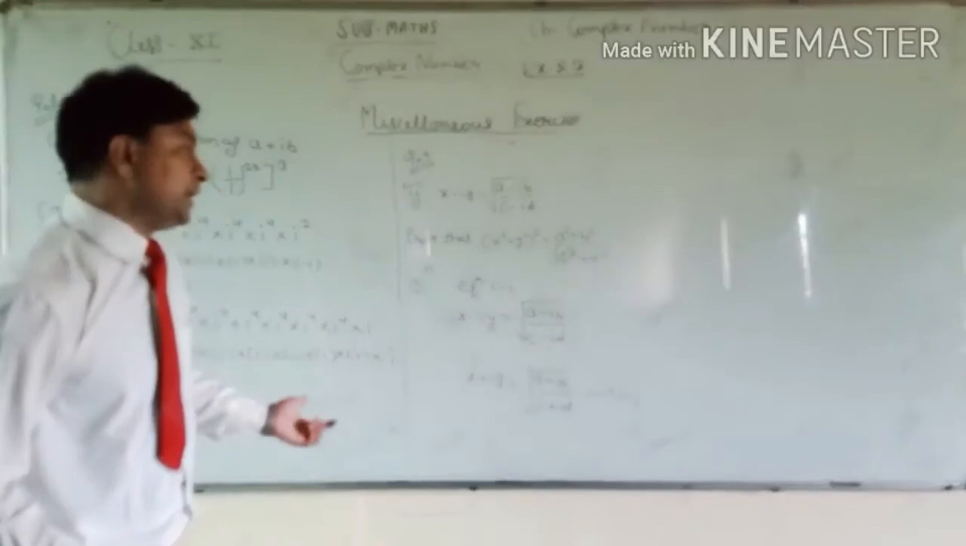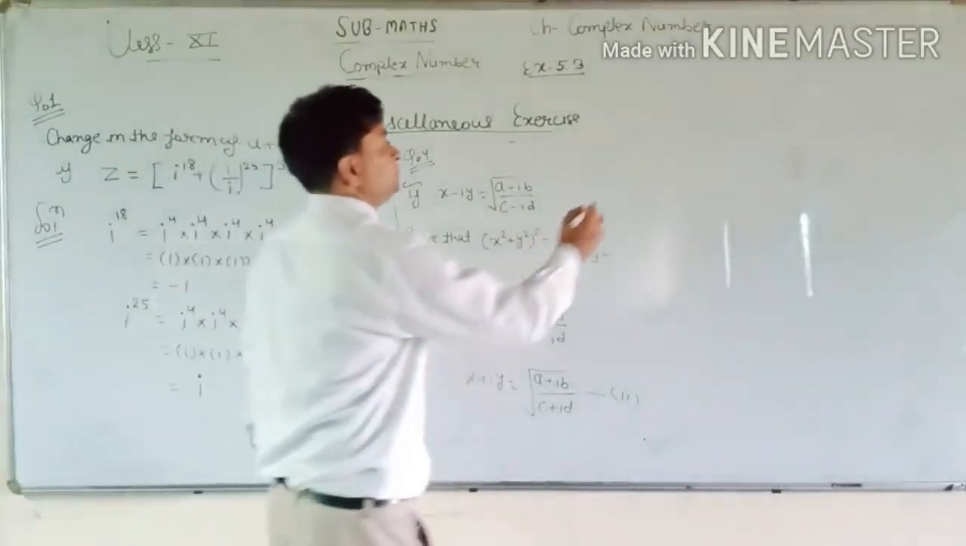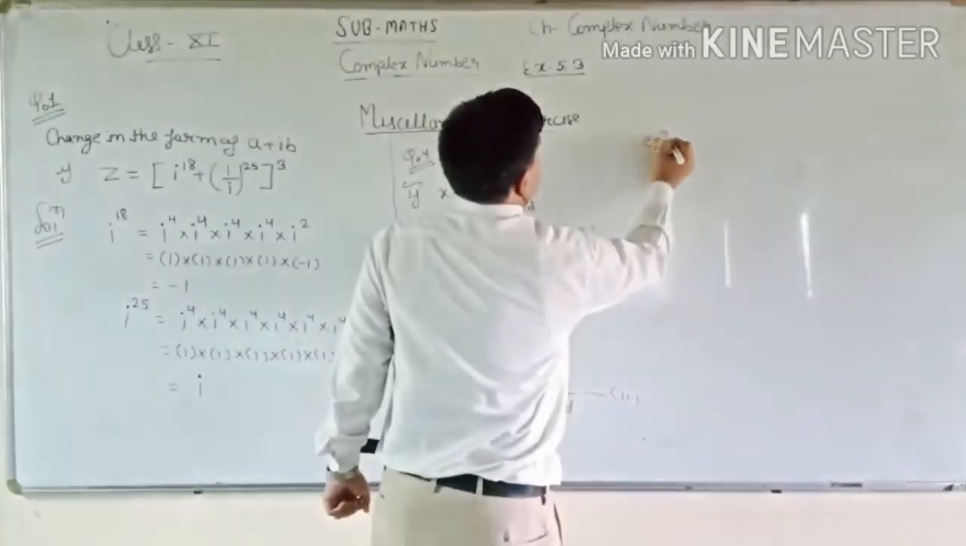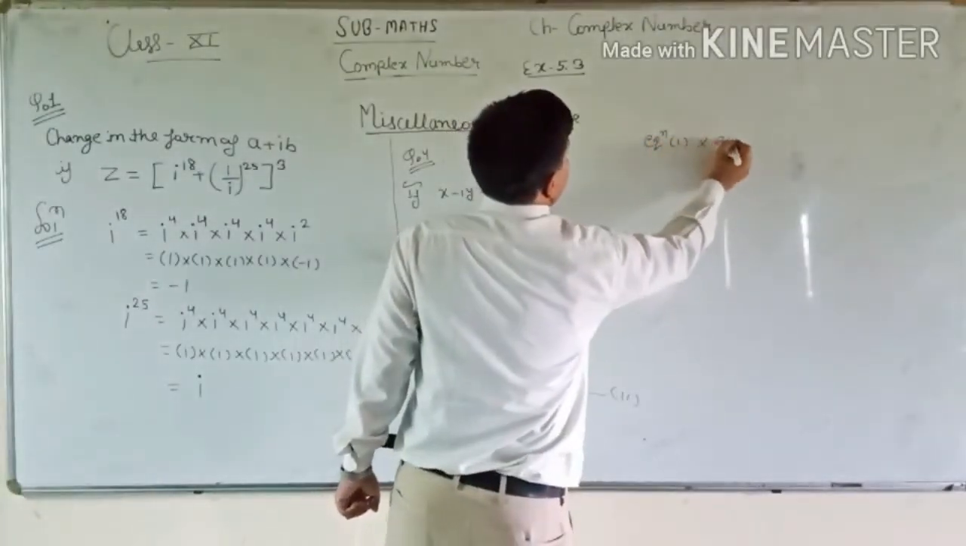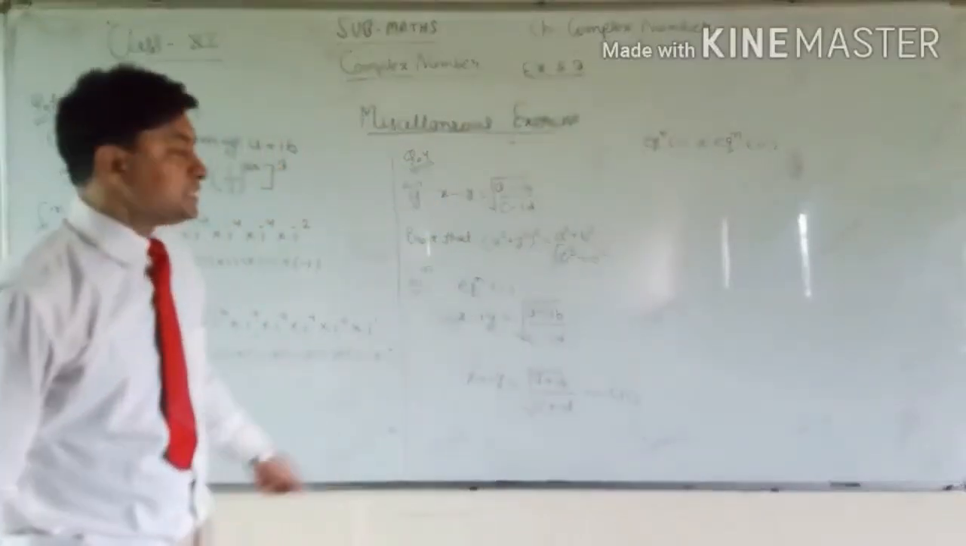Now we multiply equation number 1 with equation number 2. Okay students, now the equation number 1 is x minus